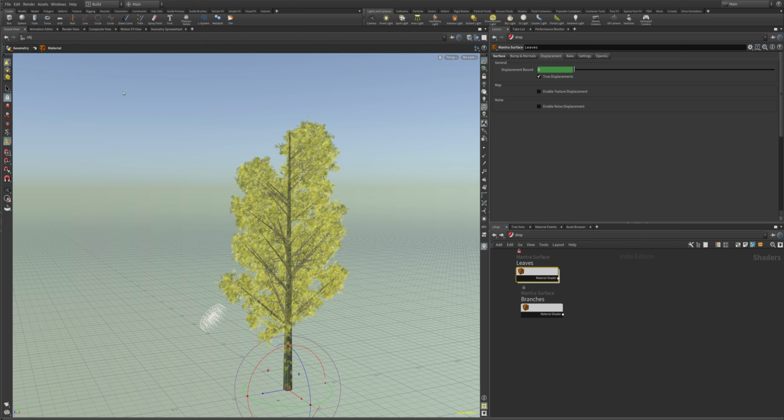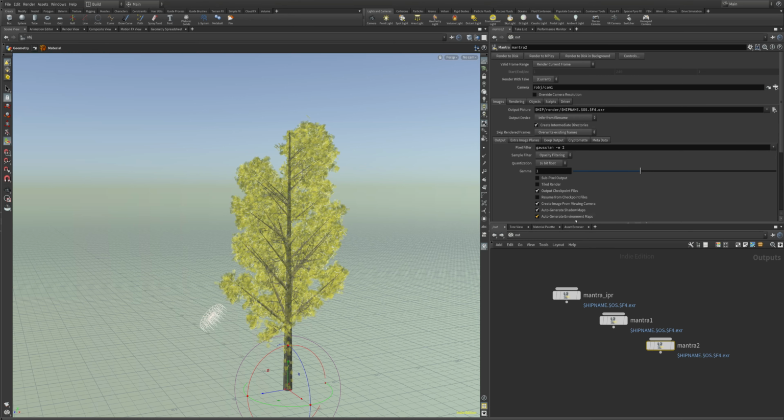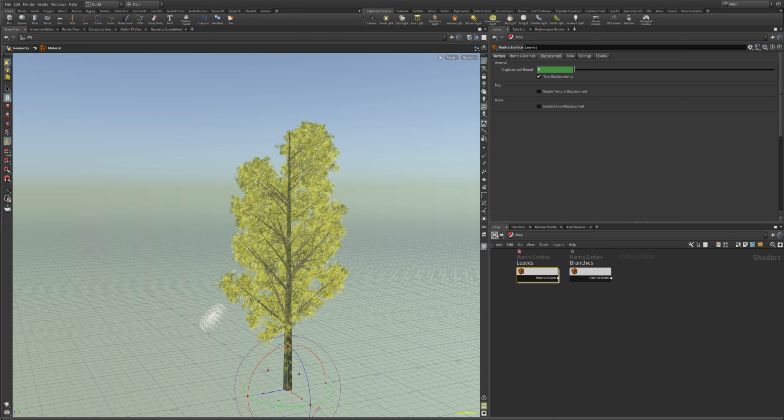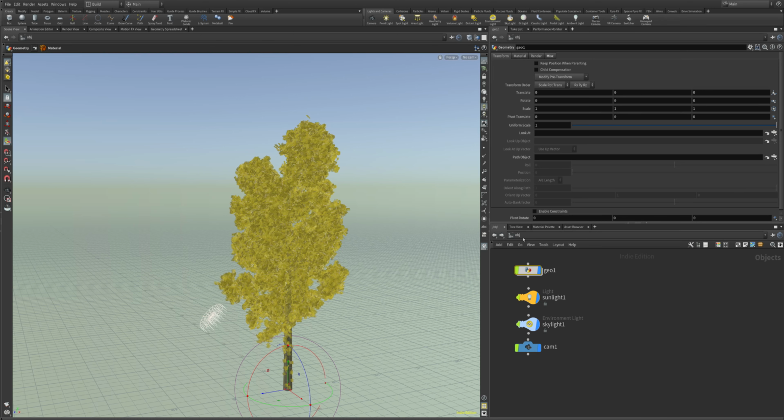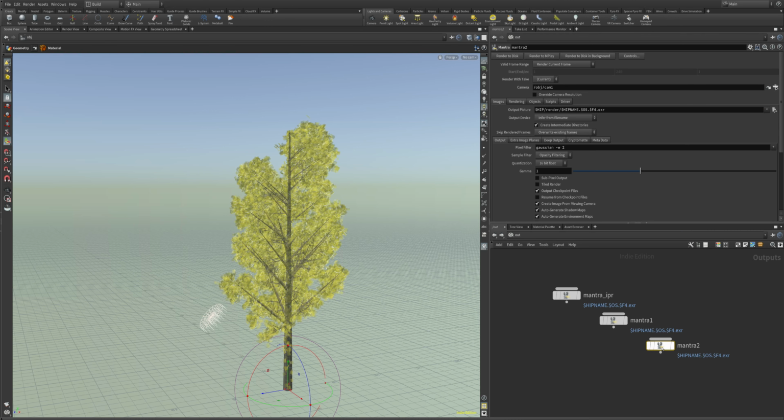So I'm using Mantra, and to create a Mantra rendering, I go up to the Render tab and create a new render node, which is Mantra. And you can see in your tab, when you go from object level to the out level, that we have an IPR, Mantra 1 and Mantra 2. So I'm choosing Mantra 2